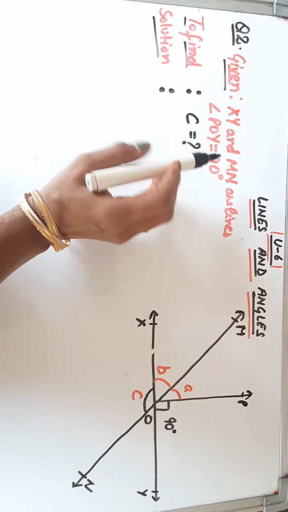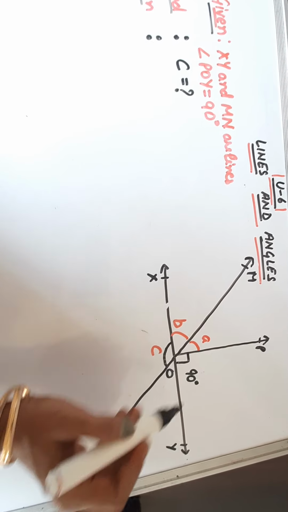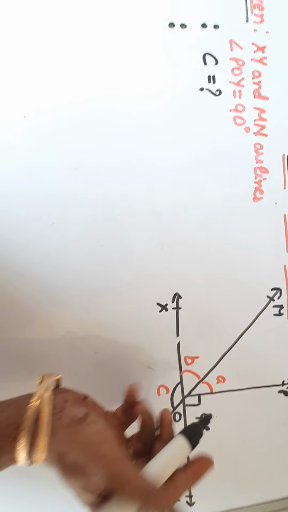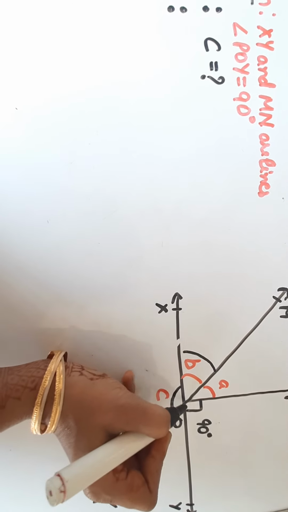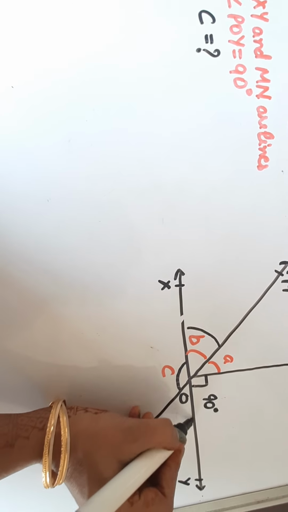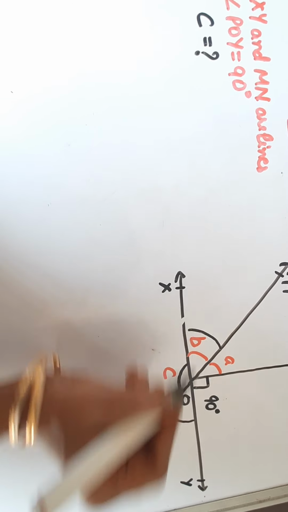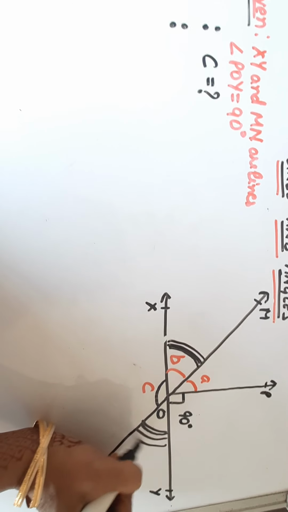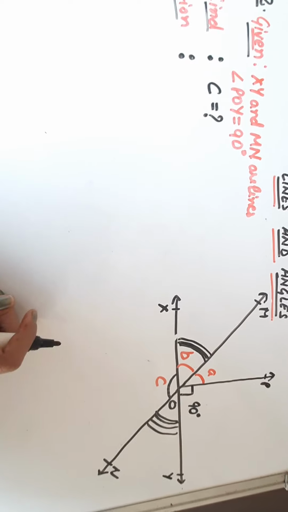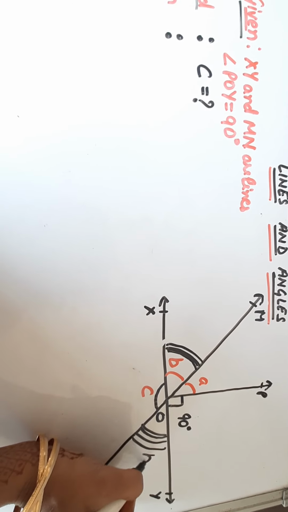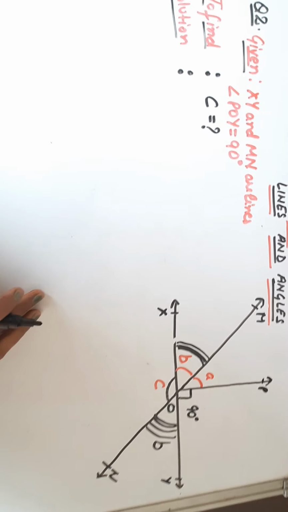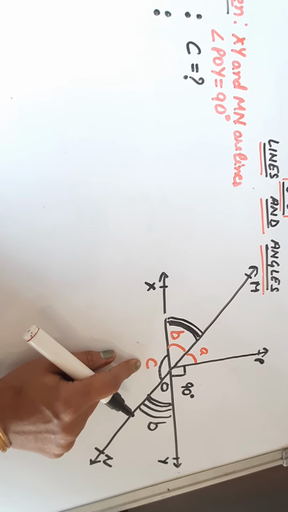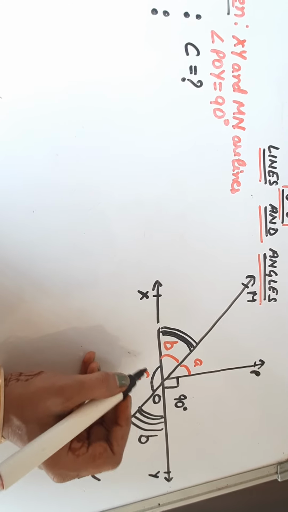So this is what we have been given, XY and MN. These two are the lines. So dear students, the angle touching the first line and second line, from here also the angle touching the first line XY and MN, these two angles will be vertically opposite angles. So from the very beginning we get this is vertically opposite. That means if this is named B, then we can name this as B, right? Now we need to find angle C, right? So before doing that, what we can do,